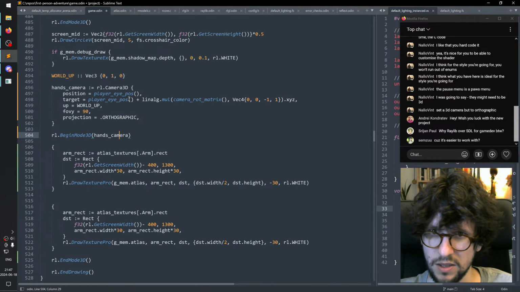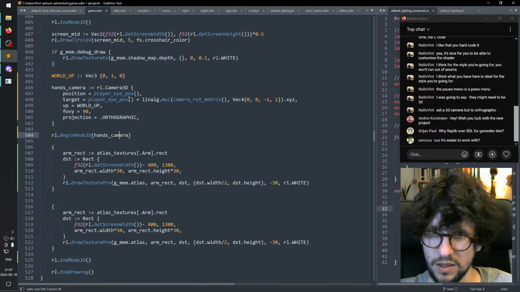Camera. So this one has an offset, a rotation, a target, and a zoom. I think the only thing we need to set is the zoom. Oi, I deleted too much. Begin mode 2D, and end mode 2D. Yeah, zoom. Let's put the zoom at 30. I just want to see if I can